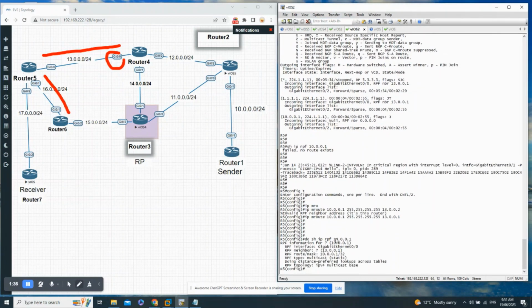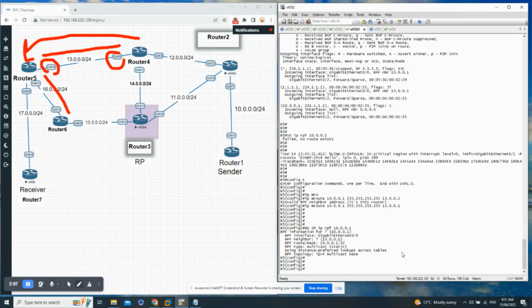Check this behavior. See, previously the RPF check was failing and it showed no route exists. In this case, we have configured a static mroute to receive via router 4 to router 5. And now the RPF check has passed, and see, the RPF interface is 0/0, which is showing this interface, and the RPF type is static. And if we now check the IP mroute table,